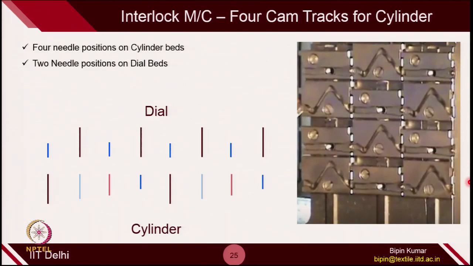So, to make sure that the butt is engaged, we were actually shifting the butt of a flat bed with the help of a jack and making it in an active position. The same thing you can do here, where you can select and decide 4 cam positions or 4 active positions for the needles. In this particular interlock machine you have 4 cam tracks and in each cam track the positioning is